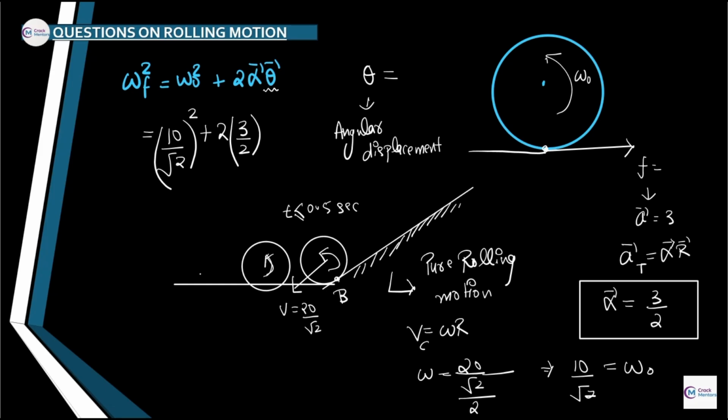For the angular displacement calculation, I am moving to a different slide. To find the angular displacement, there are multiple ways. First of all, we can use the calculation omega naught t plus half alpha t square to find out the theta. Sir, what was the time taken to reach the 5 meter distance? We can find it out: s equals ut plus half a t square.